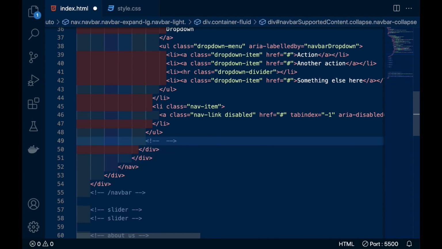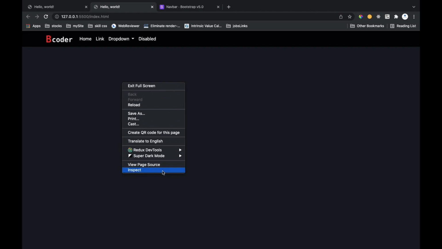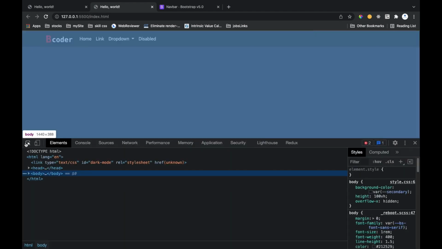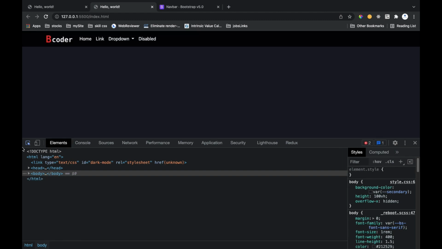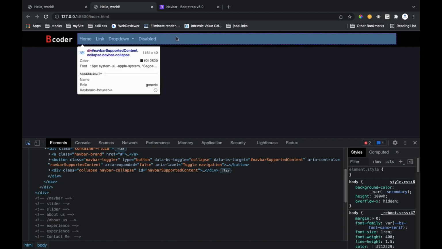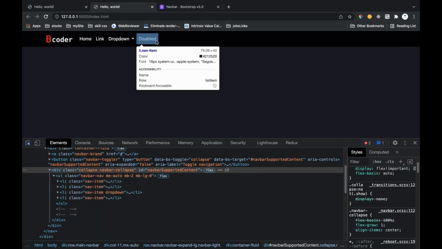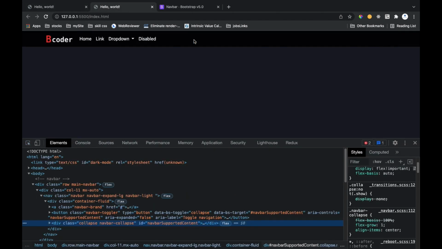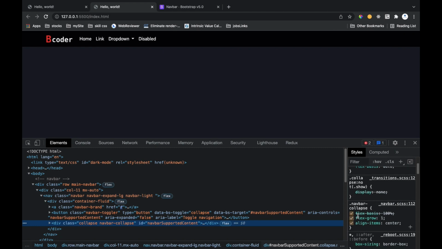So just remove that, right click and go to the inspect option, and now I will click this arrow button, and you can see when I bring my cursor here, it highlights this area. We want this home and these options to be on the right side of the screen, like here it is present. So for that just click here, and you will see some CSS below.